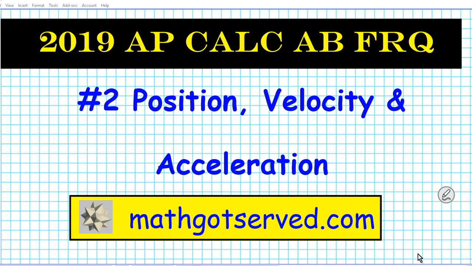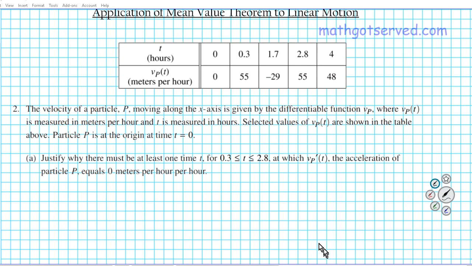In this clip, we're going to be going over question number 2 of the 2019 AP Calculus free response questions. In this presentation, we're going to be focusing on position, velocity, and acceleration of an object traveling on a straight line. Question number 2 reads,